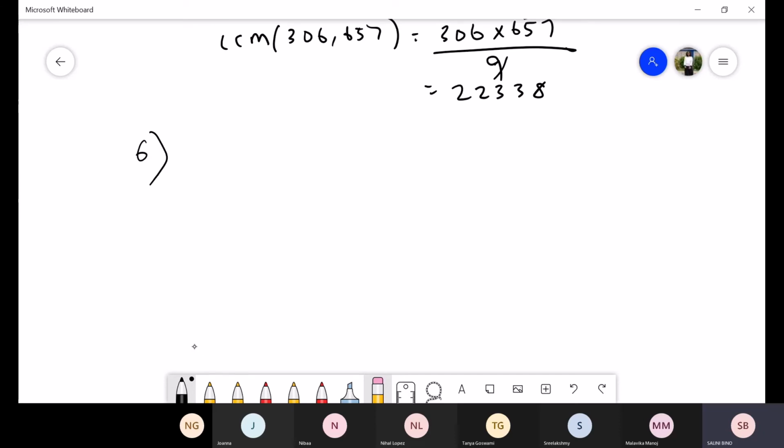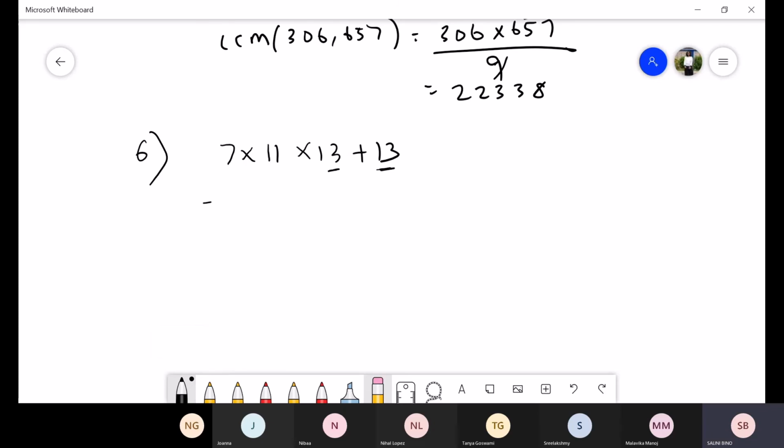So listen. First I will write the first set of prime factors they have given. They have given you 7 into 11 into 13 plus 13. So to prove that it is a composite number, you can see that 13 is there in both the numbers, right? In both, 13 is a common factor.